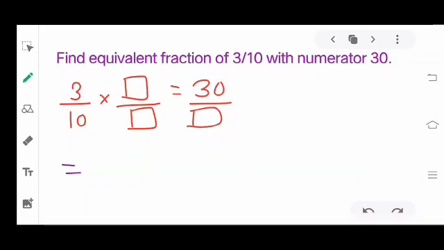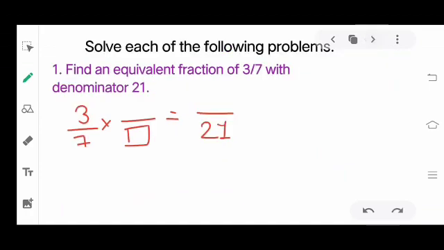Students, for your better convenience and practice, I am going to give you these answers and you have to solve this sum at your home. So the final answer of this question is 330/100. But now you have to do this sum at your home. Now next question. Solve each of the following problem sums.